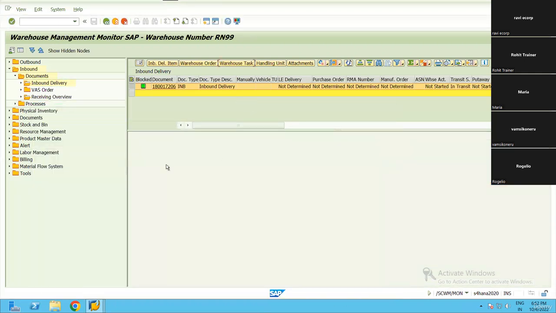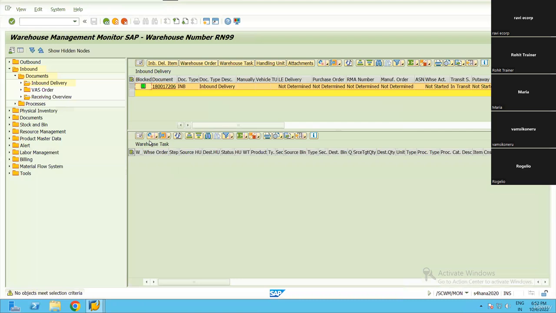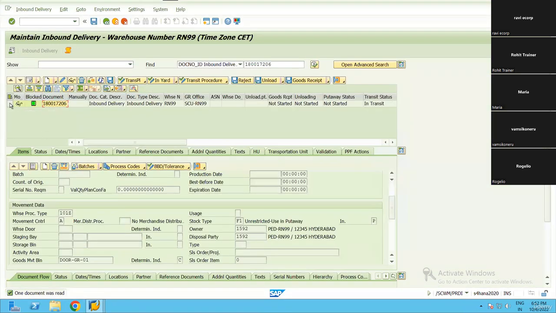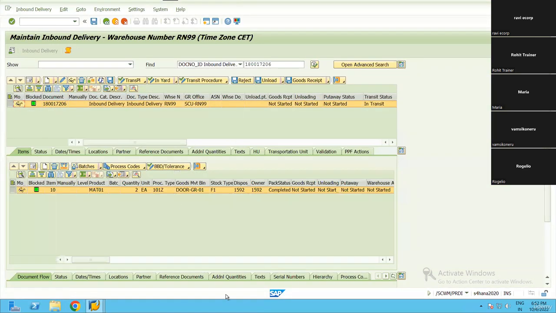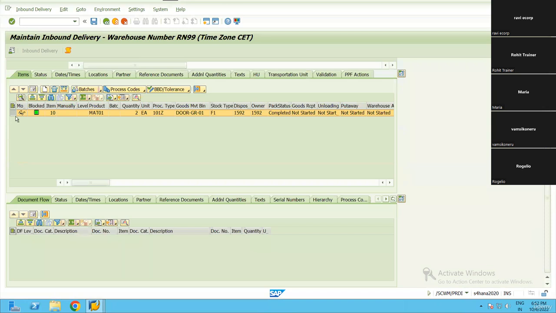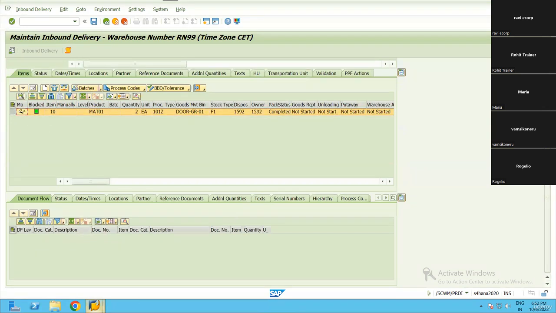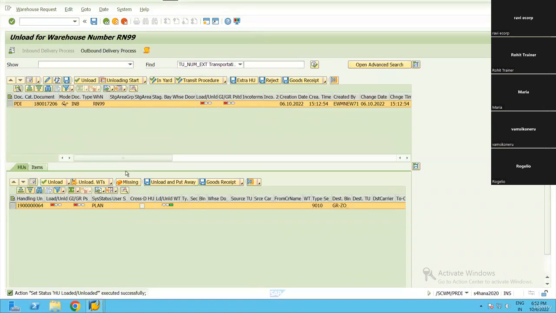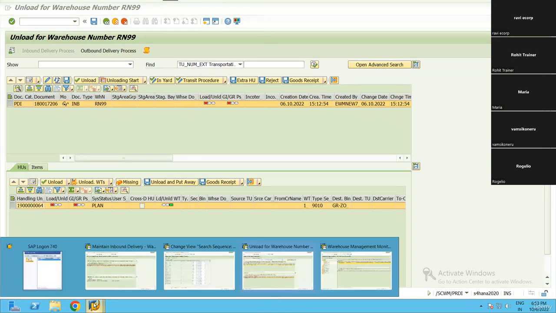Now I clicked on save. Now if I go to monitor